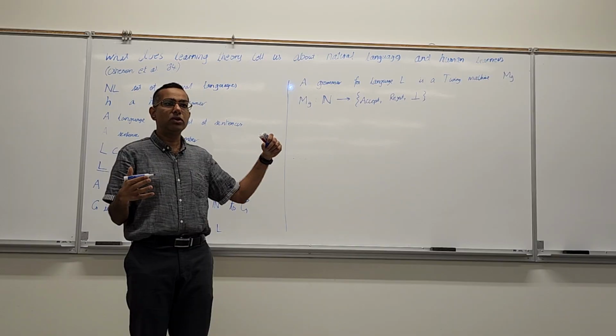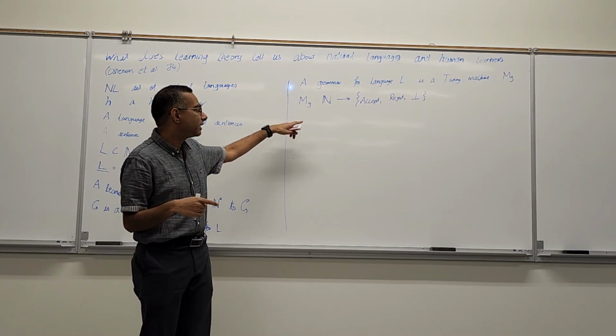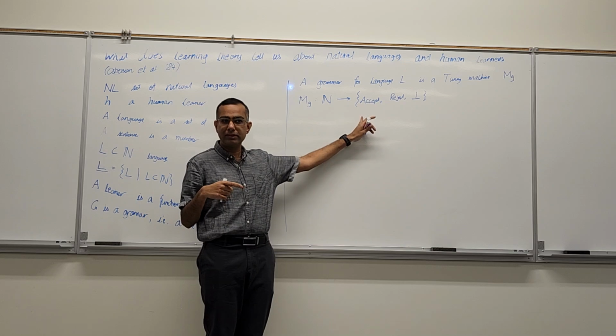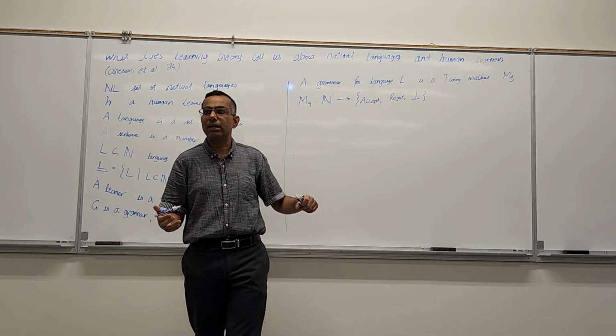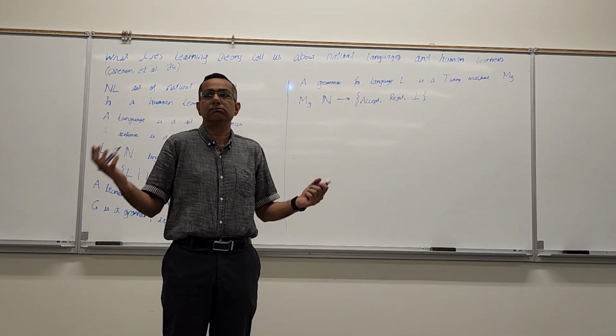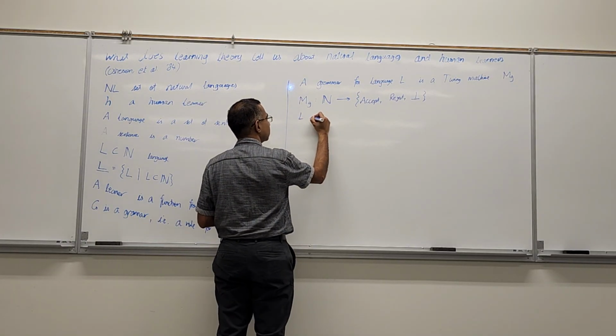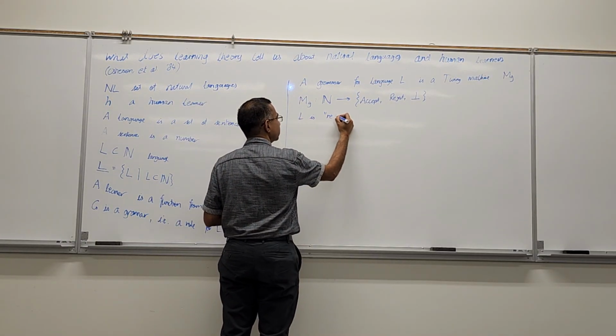So actually we won't require that. We will require that for any sentence that's in the language, the Turing machine halts and accepts. But for any sentence that's not in the language, it could either reject it or just go on forever, right? So these are called recognizable languages. So L is recognizable